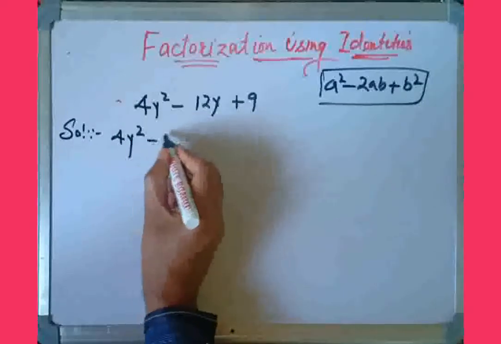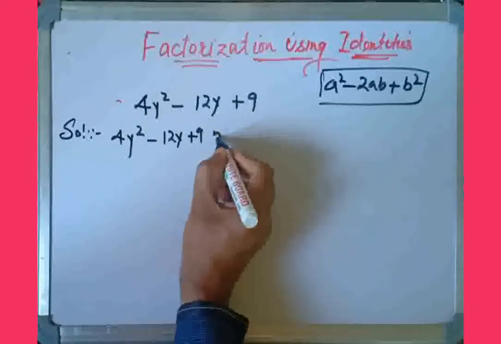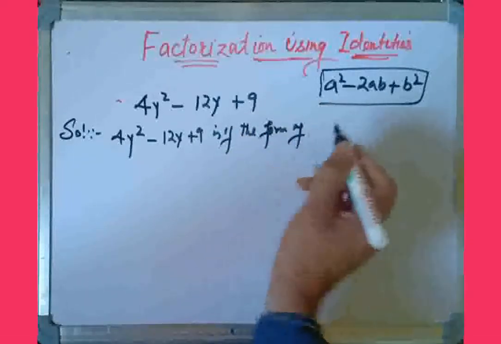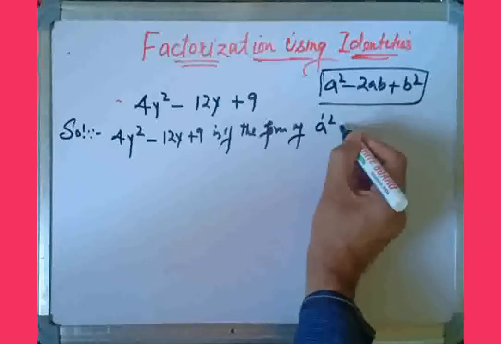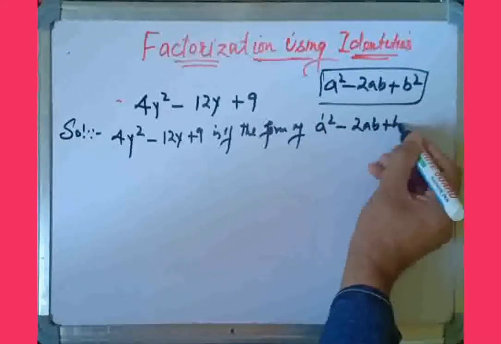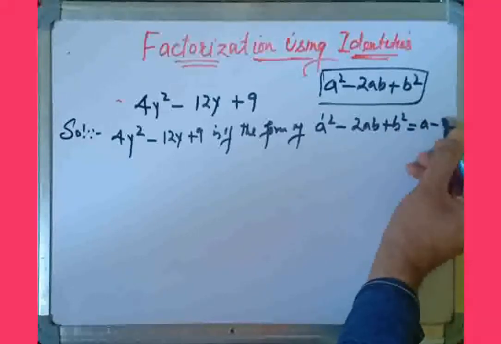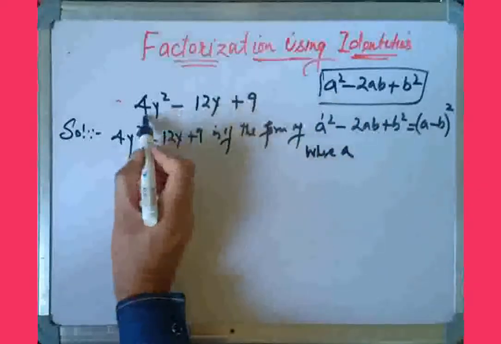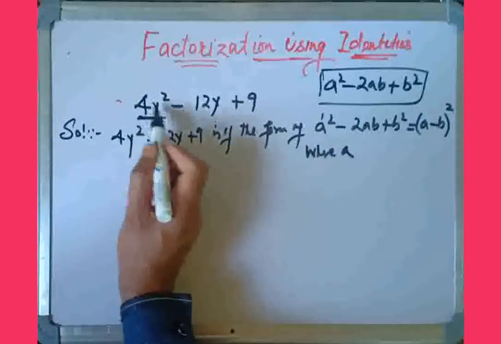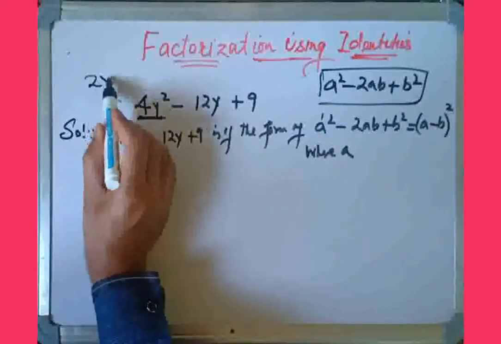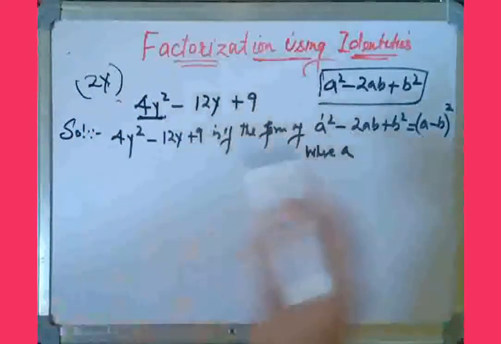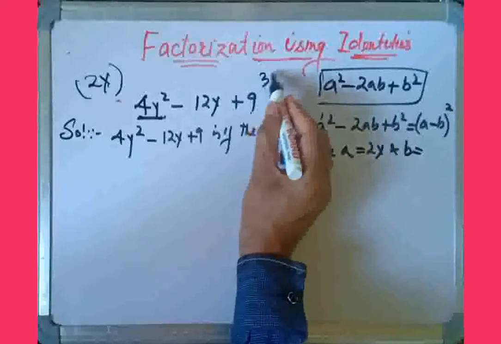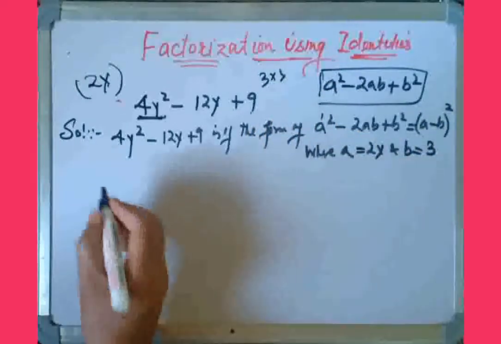4y square minus 12y plus 9 is of the form of identity second, or we can say again, a square minus 2ab plus b square is equal to a minus b whole square, right? Where a is equal to, for this 4y square, it is the perfect square of 2y. 2 2s are 4, y into y is y square, so a is equal to 2y and b is equal to 3, because 3 3s are 9. Therefore,